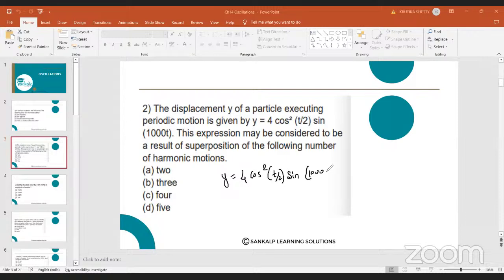Yes. So here whatever 2 cos square t by 2 is there, according to your trigonometric identity I write it as cos of